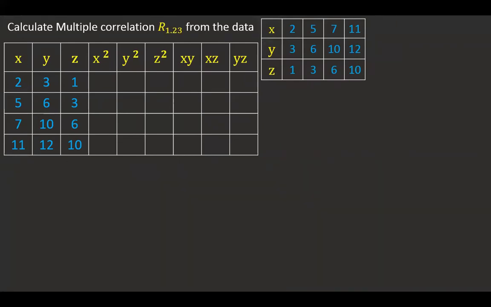Okay, now what is X here? 2. Then I'm going to square it and write here. Okay, now 2 square, here 5 square, then 7 square, then 11 square. Okay, now I'm going to do one particular row first and show it to you. Then you will understand this. This is easy as usual, how we have done it already.